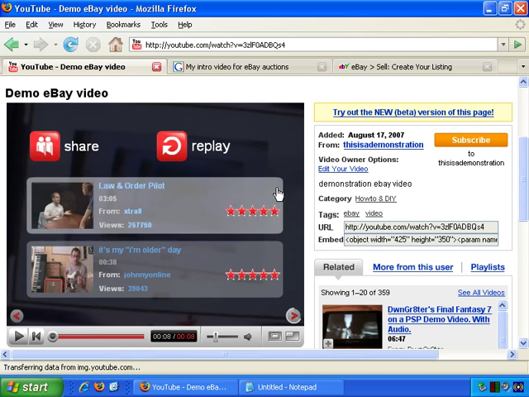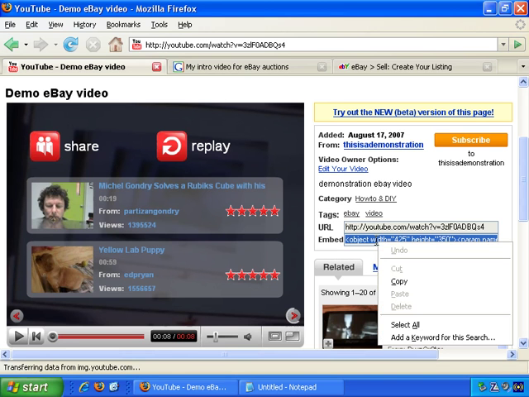So I can click on Share, or alternatively, we want the code here, embed. Just click and it selects it all, or it should select it all. And if I right-click and copy,